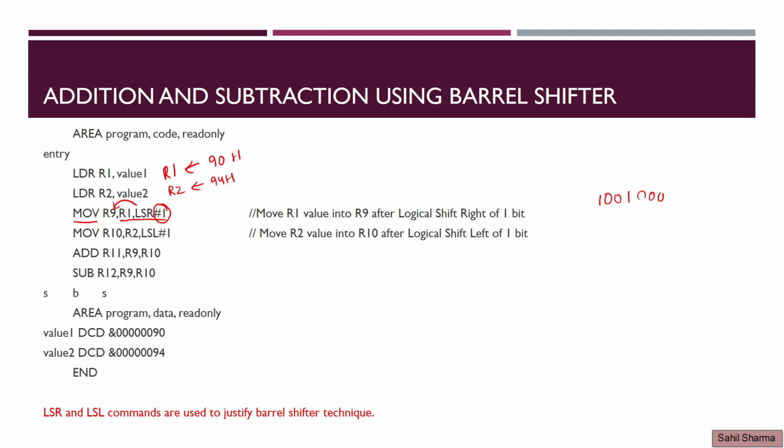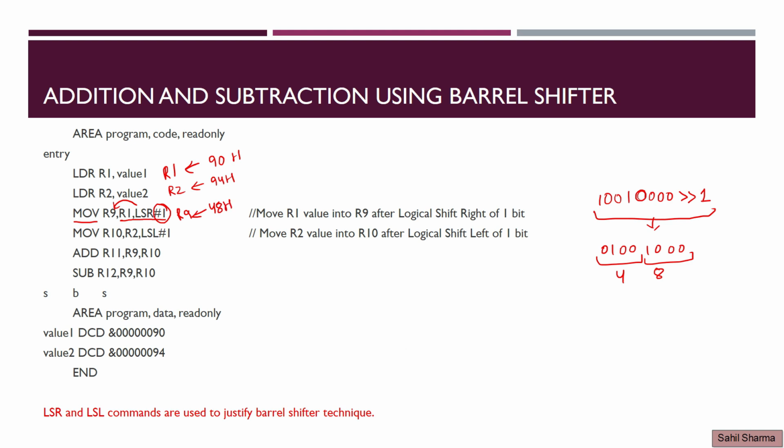1001 0000. Want to right shift the value of R1 by 1 location. This means the answer will be 01001000. So this is 4, this is 8. So my R9 will hold 48H,